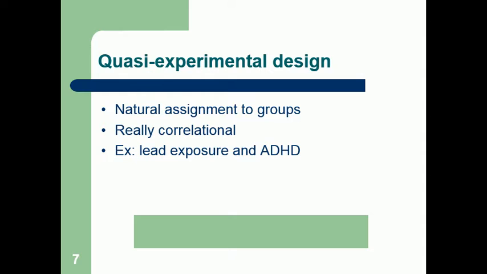And finally, let's talk about a quasi-experimental design. So this is when you're comparing groups that people are naturally assigned to. It's really correlational, but it allows us to come away with some important conclusions. So let me give you an example. You can't randomly assign people to have lead exposure. So if I was interested in the impact of lead exposure on ADHD,